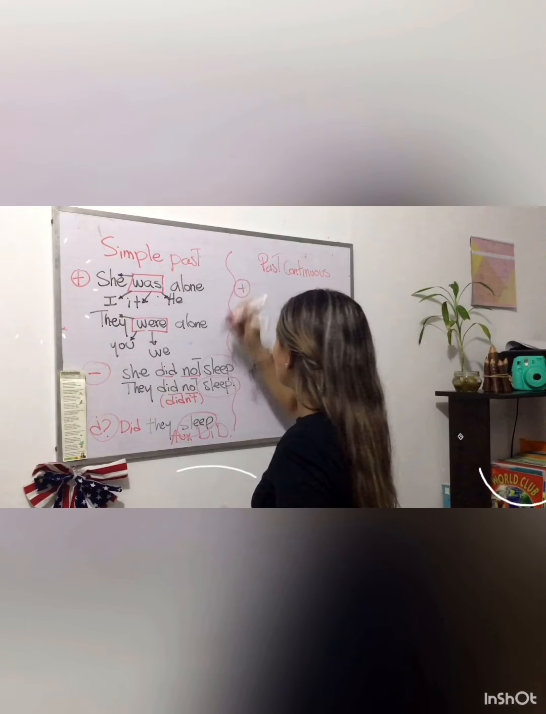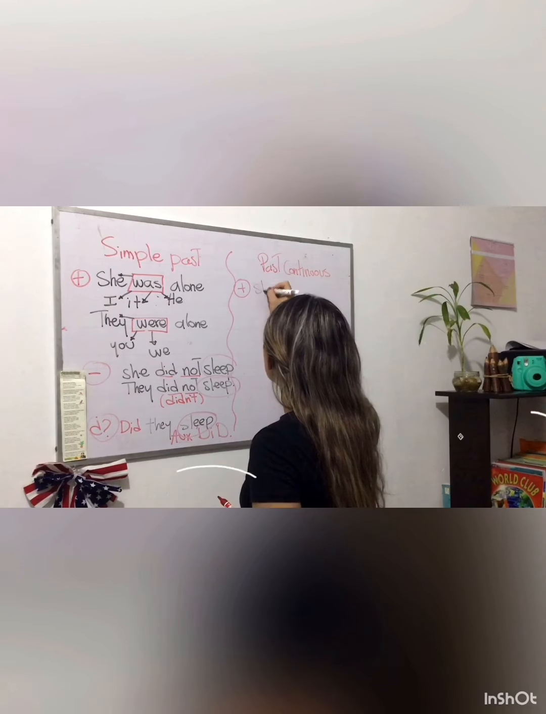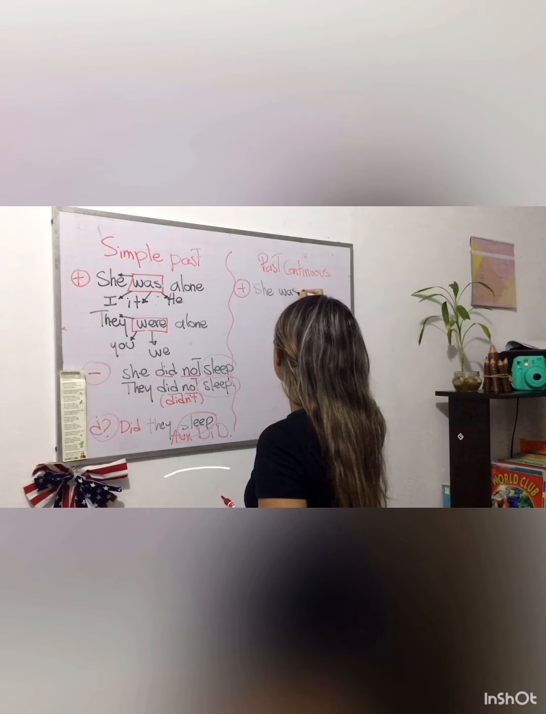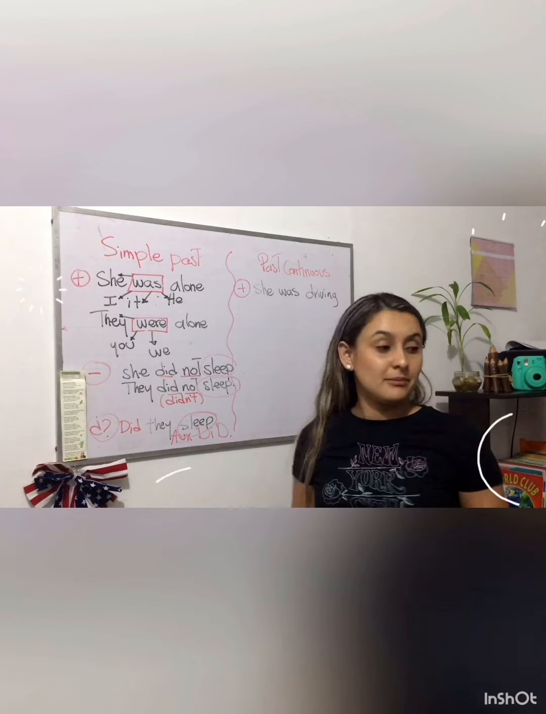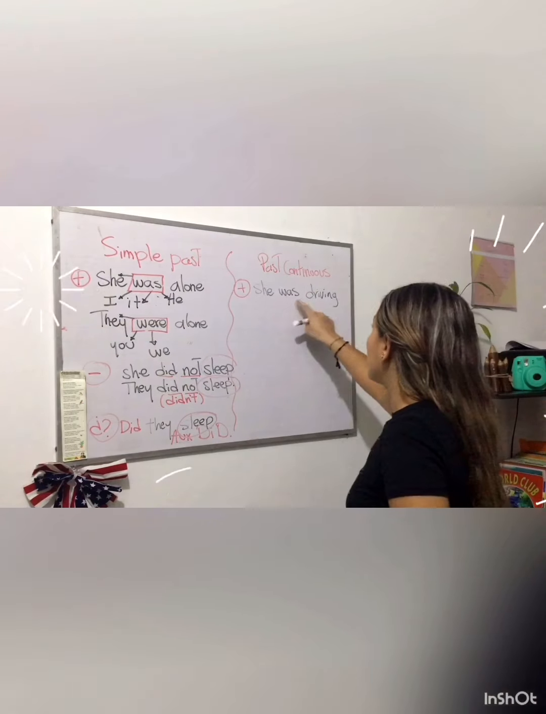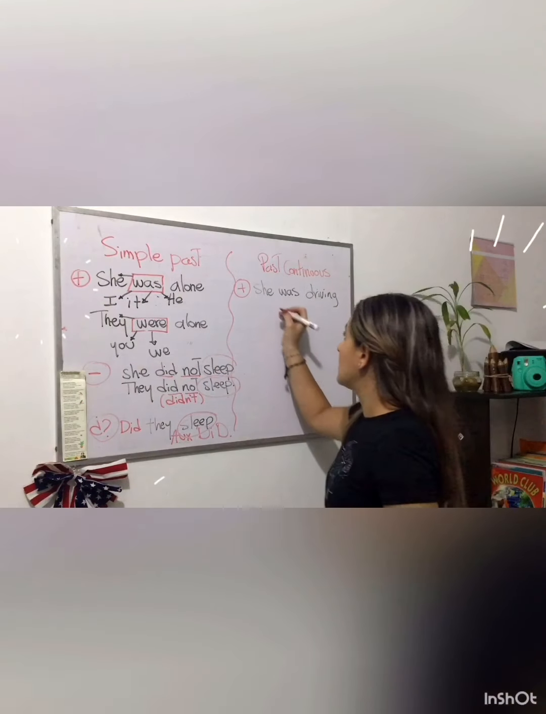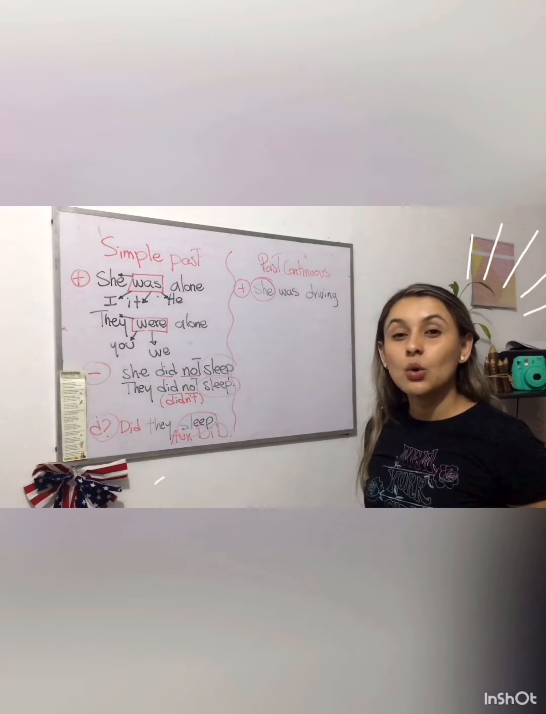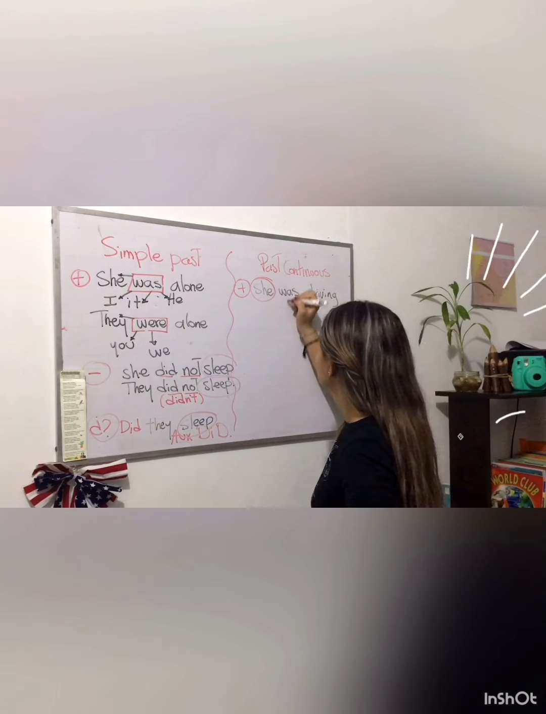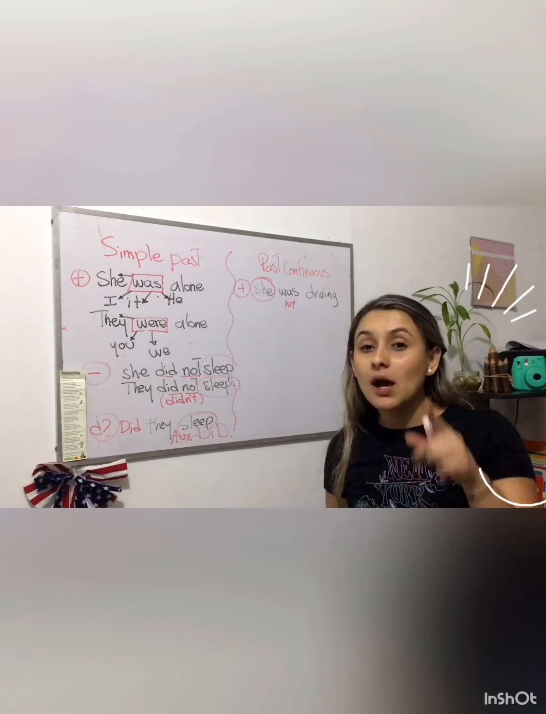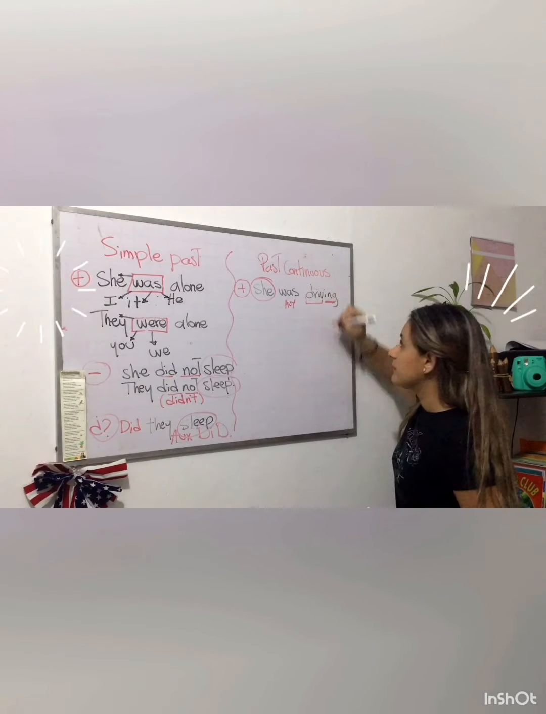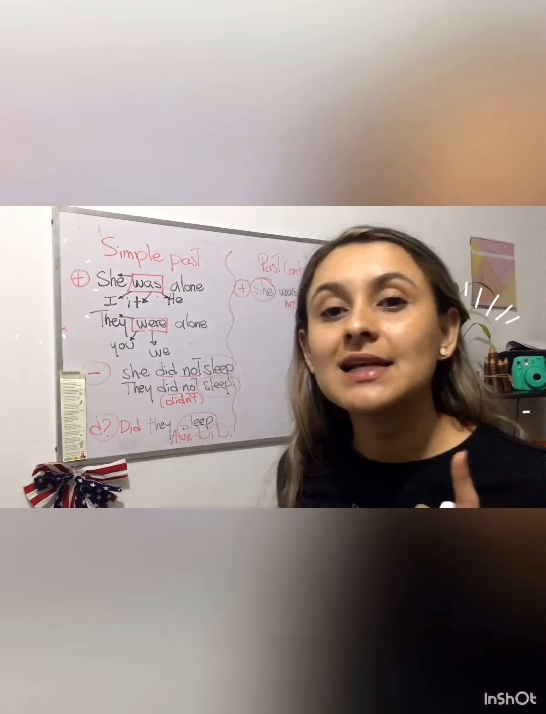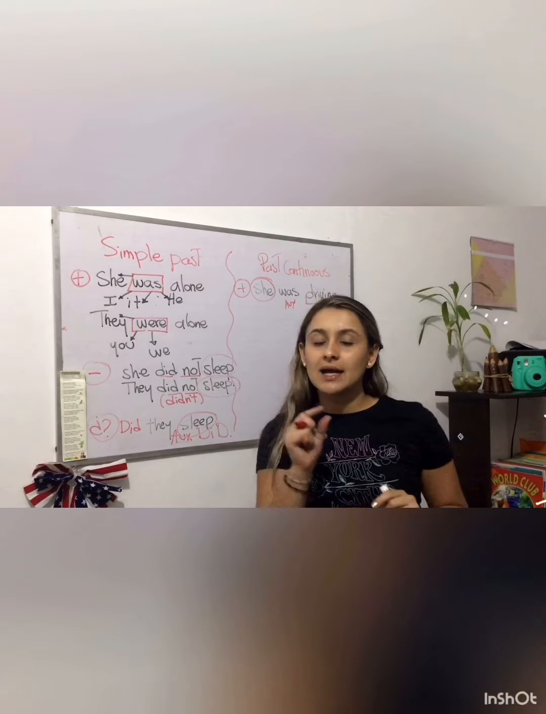Okay? So, for example, positive. She was driving. Yeah? Like Maria. Remember? She was driving. Look here, guys. You have subject. Then you have the auxiliary was. And then you have the verb. But you need to add ing. Okay? Guys, if you add ing to the actions, necesitamos agregarle una letrica más